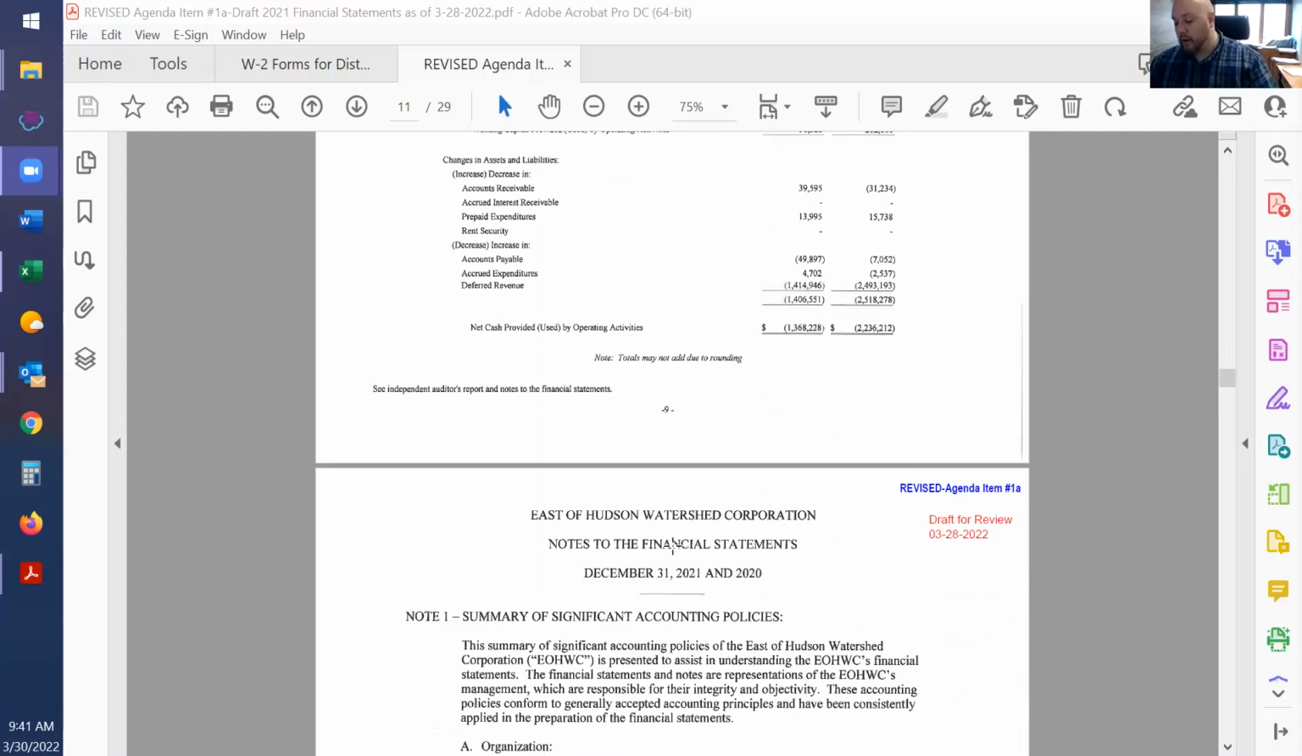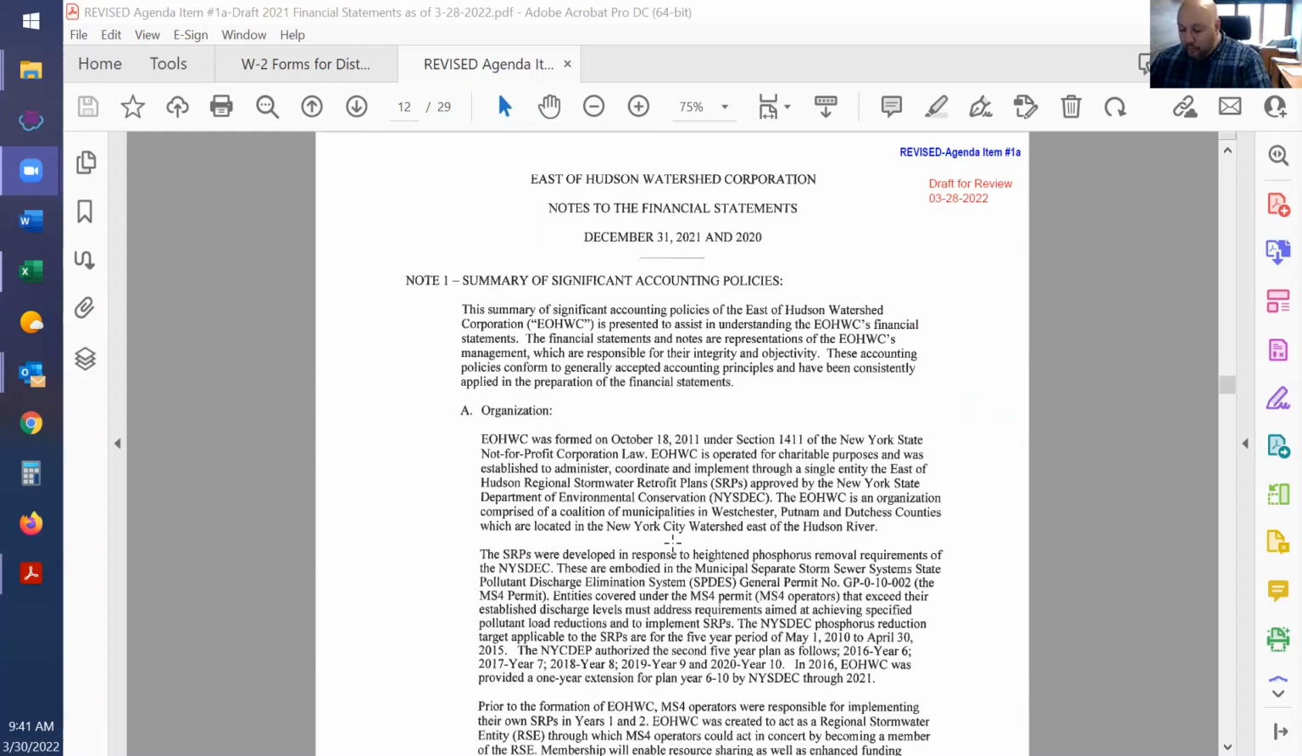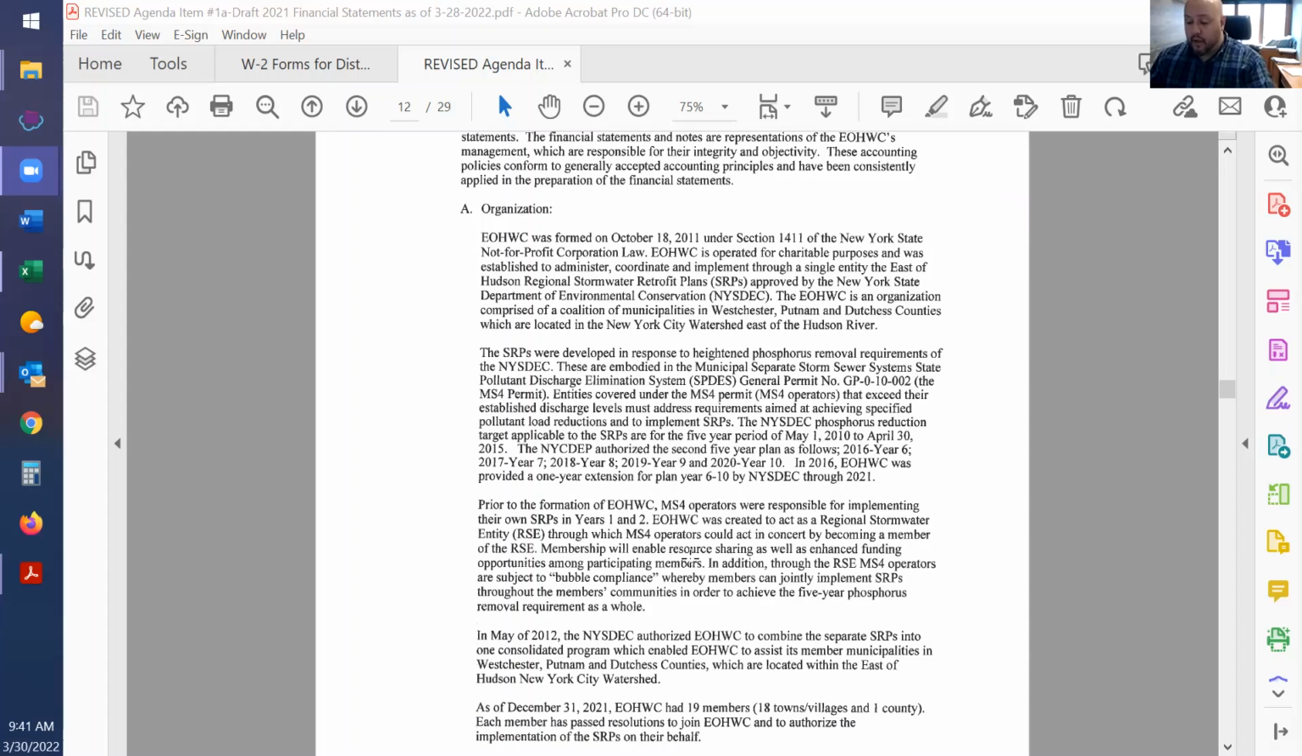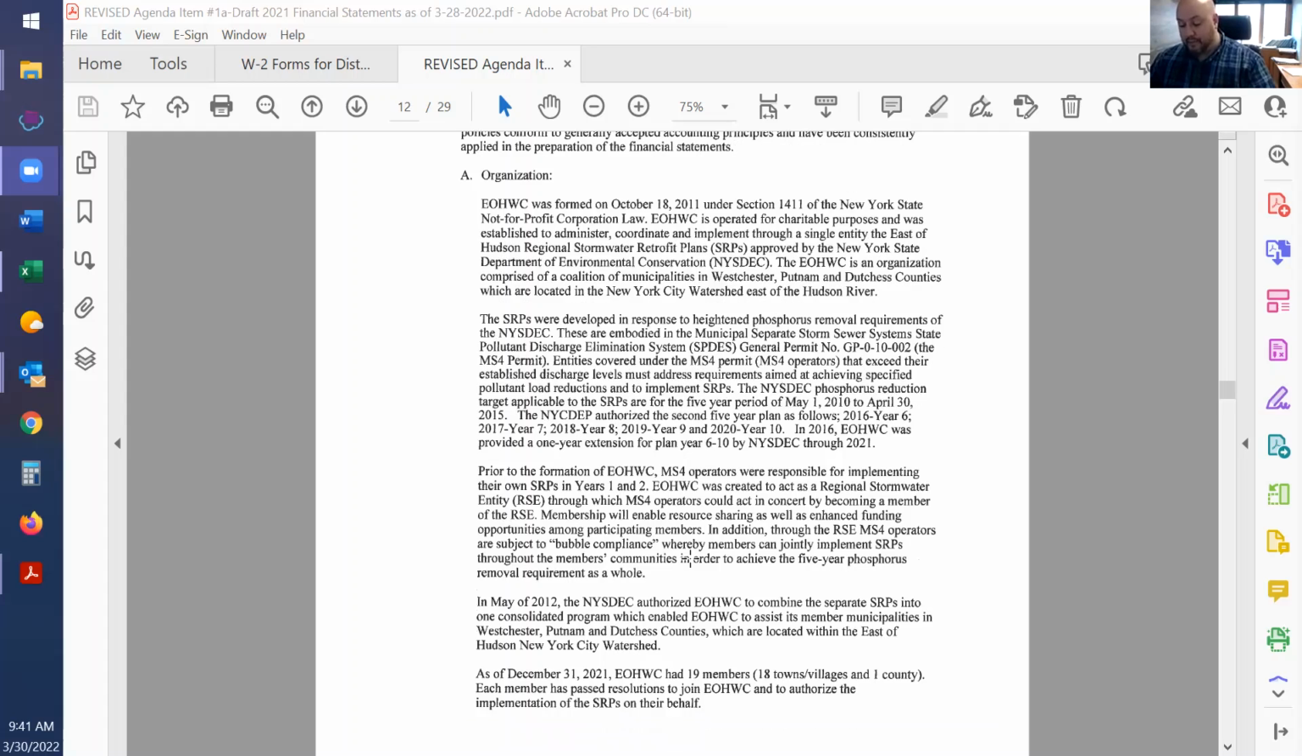Page 10 is where our footnotes start. The first footnote is basically a summary of, as it says, significant accounting policies. It gives a breakdown of the organization, when it was formed, and different contracts related to it, which I'm sure you're all very aware of. And that continues on